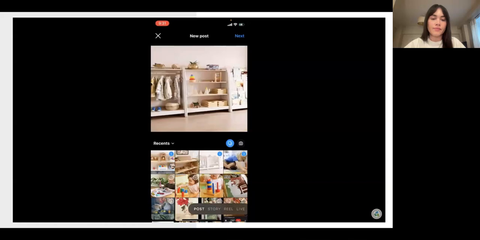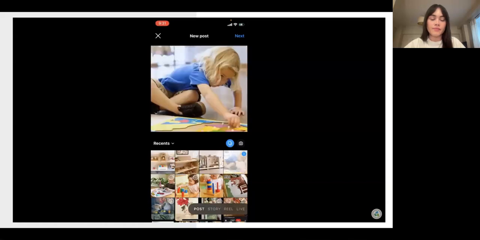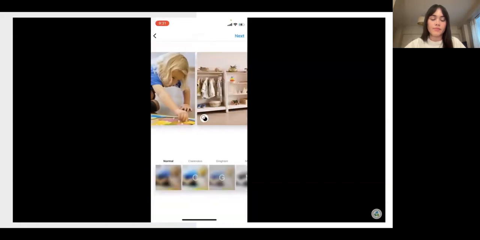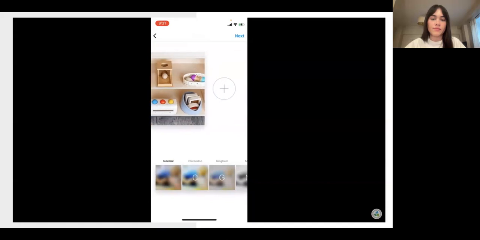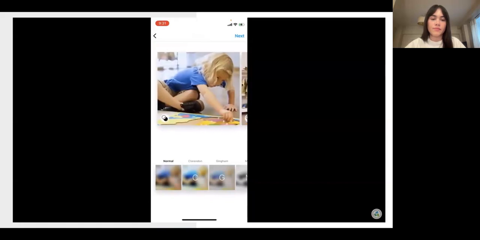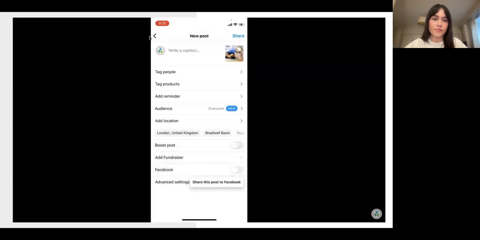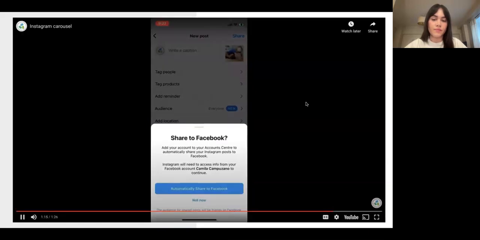So if I mess up and I don't want that one to be the first one, I can always change the order around just by tapping on them. Let's say I'm happy with those 4 images. Great. Here they are. Here's the carousel post. So I have that ready to post within one single post, and they can slide and view the different images. I'll go ahead and write my caption, and then I can go ahead and share that.